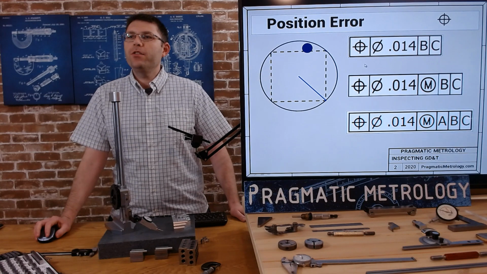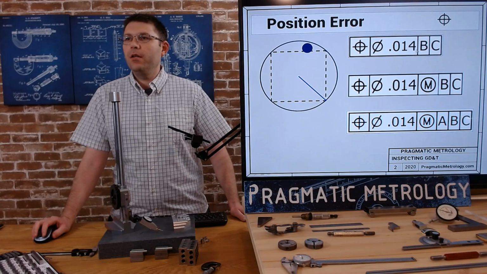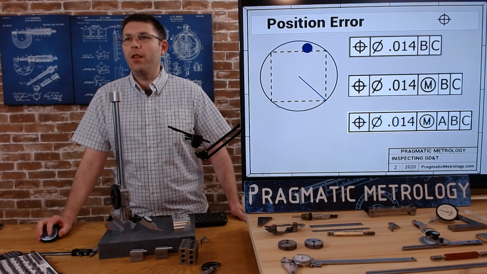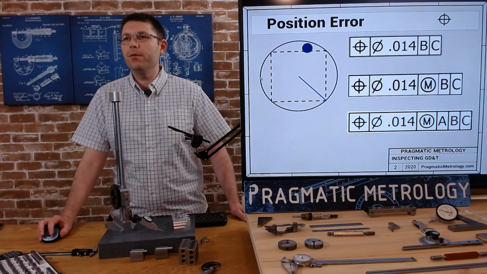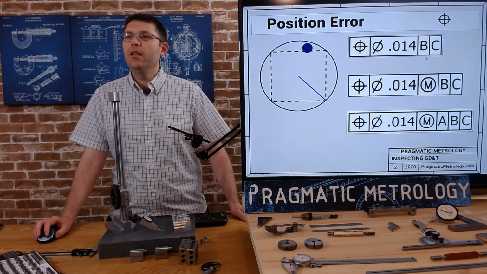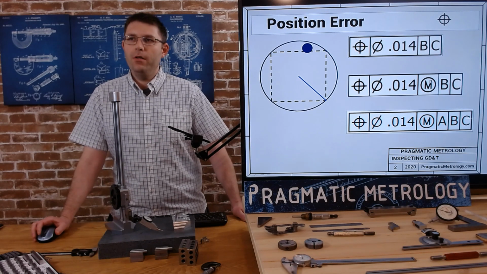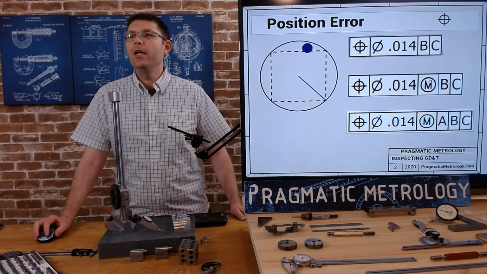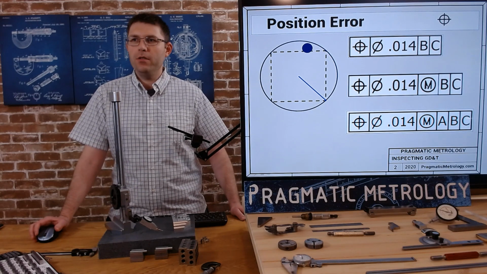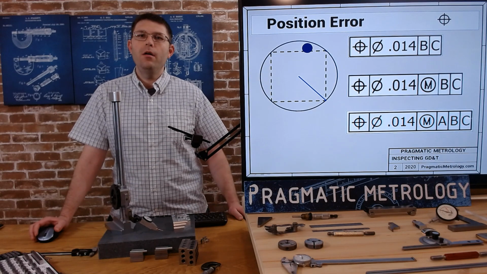So when you're looking at position error in the feature control frame, first thing is going to be the symbol for position. Your second number is going to be a diameter in 14 thousandths. So that defines how large of a circular tolerance zone you have based on the diameter. And then you're going to start to see datums. And if you see an M with a circle around it, that means maximum material is allowed. Bonus tolerance is allowed. And if you see a letter L with a circle, that means least material condition, bonus